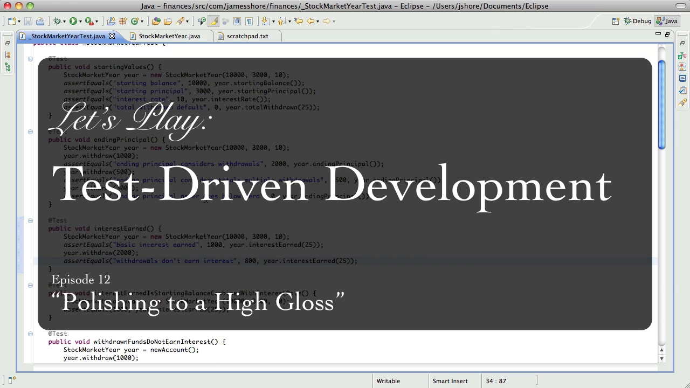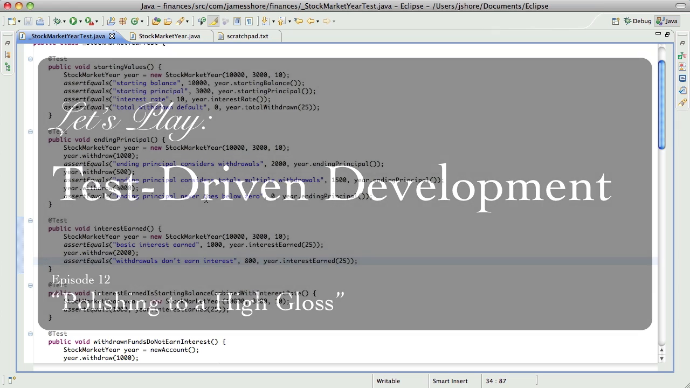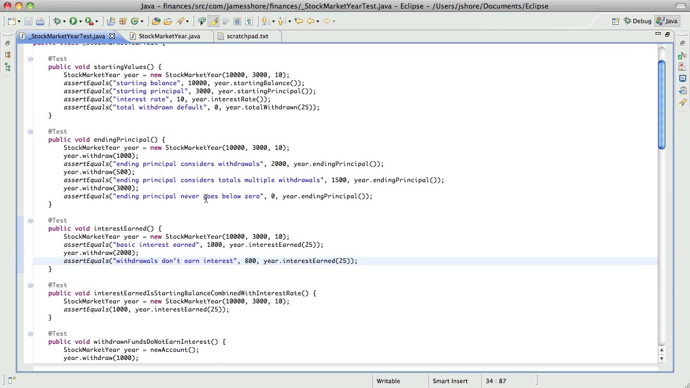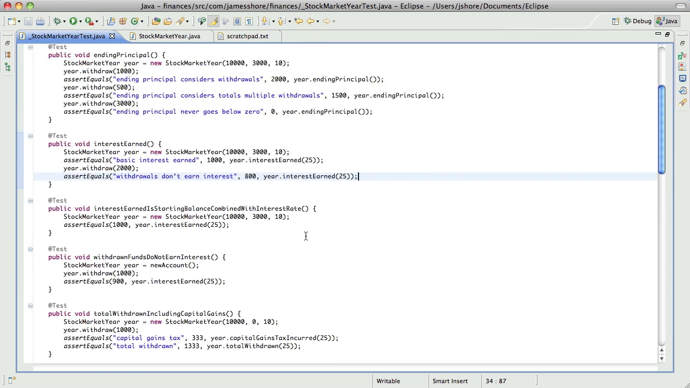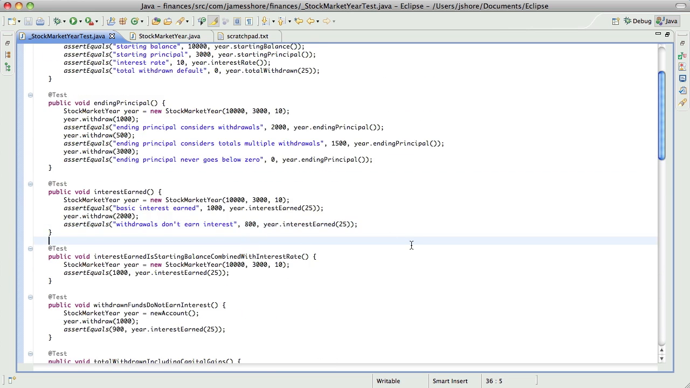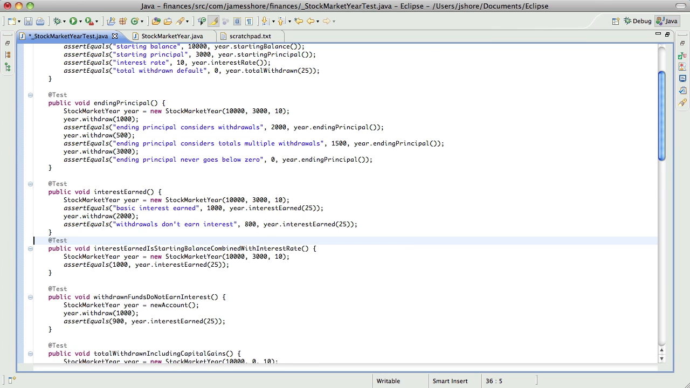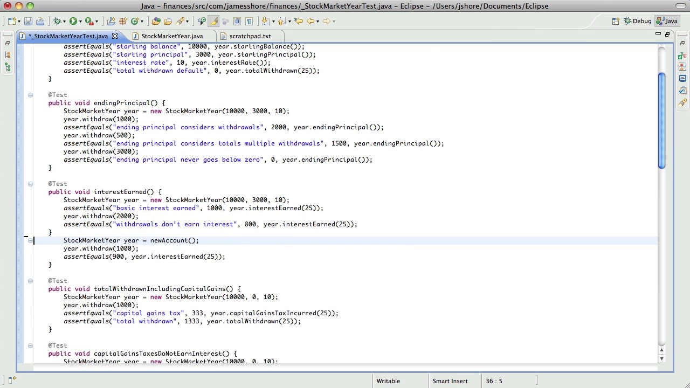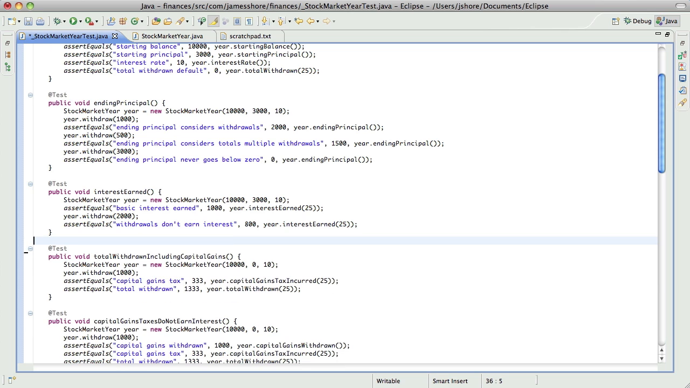I'm going to pick up right where we left off last time, which was with us fixing up our tests, trying to make them simpler, smaller, a little easier to read. So I had just done withdrawals, donate, interest. I want to say something about capital gains, but I'm not going to do that just yet. Let's see, we've got this here. Okay, now we can say